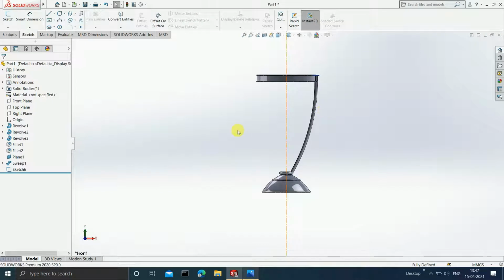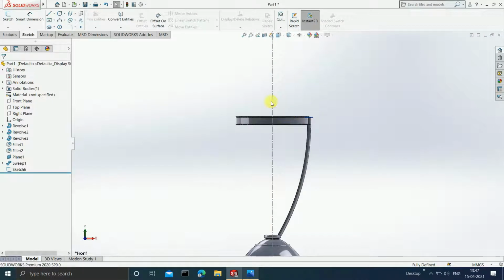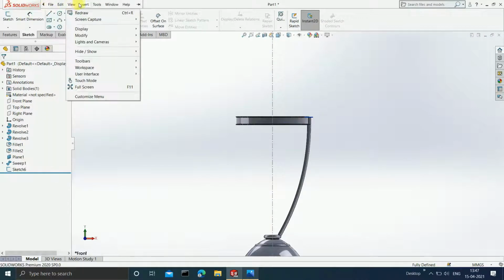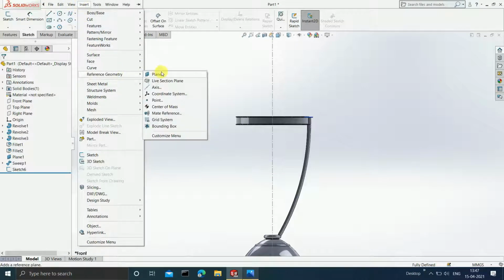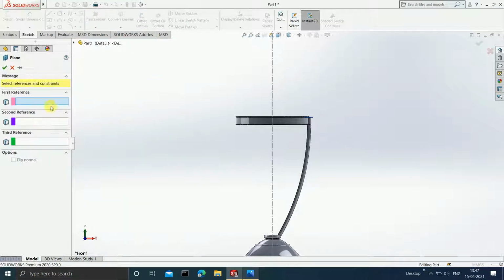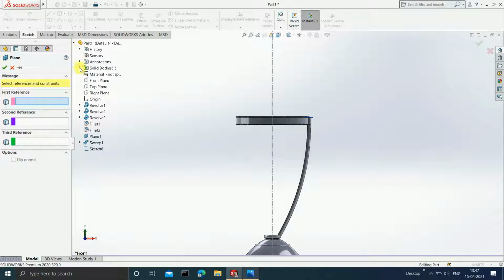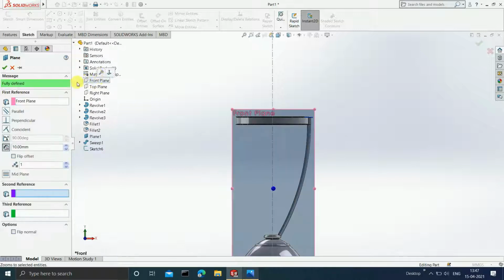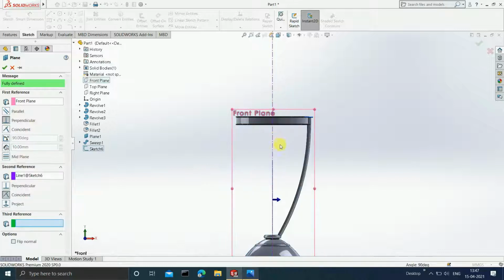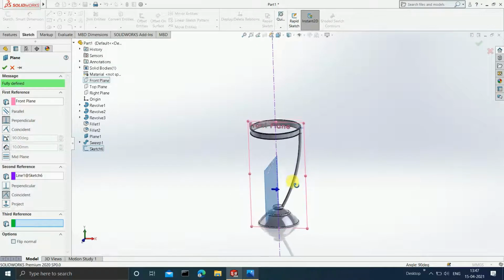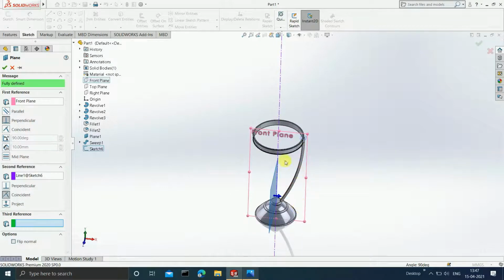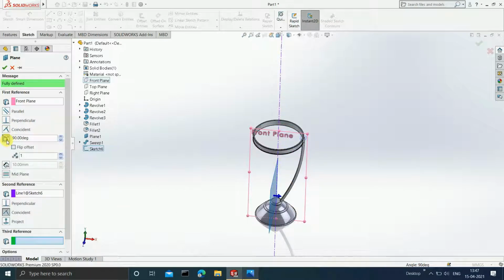Okay, now guys, go to insert, then go to reference geometry, click on plane, and after that, in the first reference you are going to select the front plane. In the second reference, you have to select this particular line. Okay, now see, a plane is created perpendicular to the front plane and this line, but what we want is at a certain angle, and that angle that we want is 171 degrees.